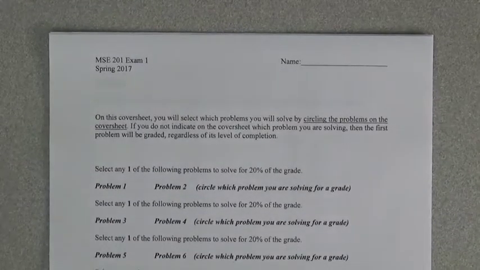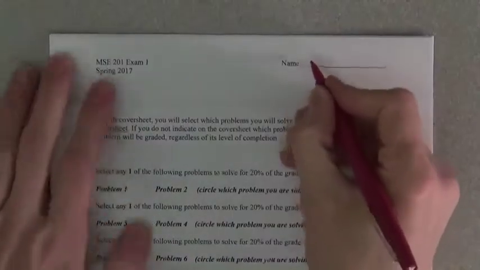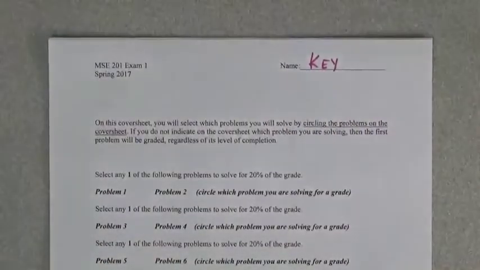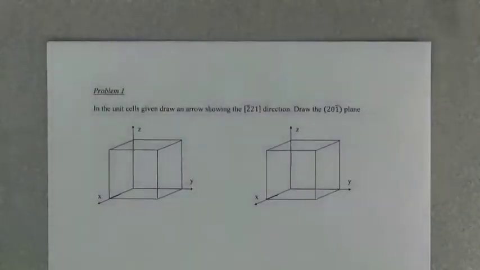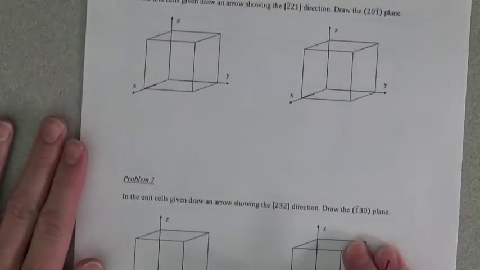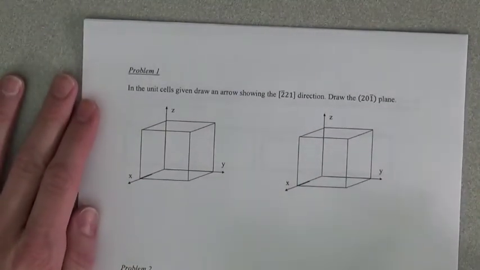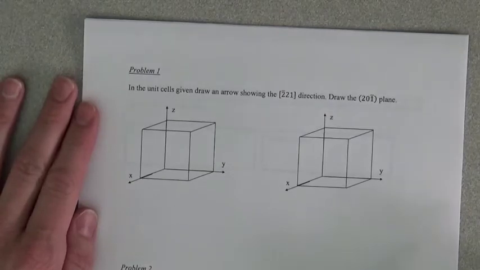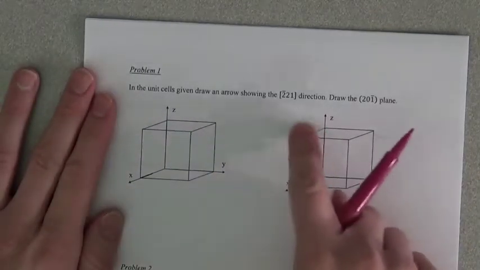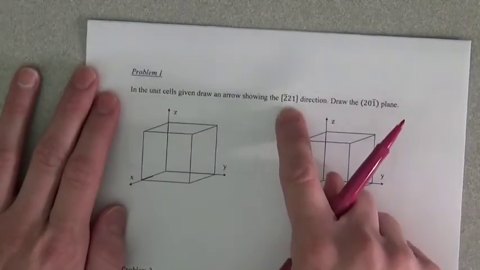Okay, so this is the solution for Exam 1. These first two problems, you were asked to choose one of the two, and these were problems focused on drawing Miller directions and planes. So this first one, we were supposed to draw an arrow showing the direction 2 bar 2 1,